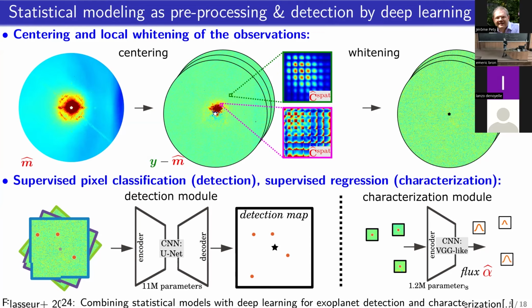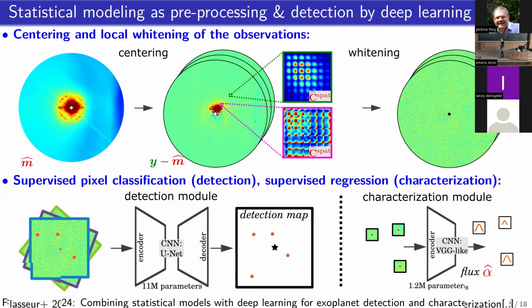And we do that in a supervised fashion because, in fact, the object model is well known in this case. The signature of an exoplanet is just a blob. It takes the form of the off-axis PSF. The direct model is known, so we can leverage it to generate synthetic planets into real data to have our training samples. We have a loss dealing with class imbalances, and we also have a specific data augmentation strategy, because